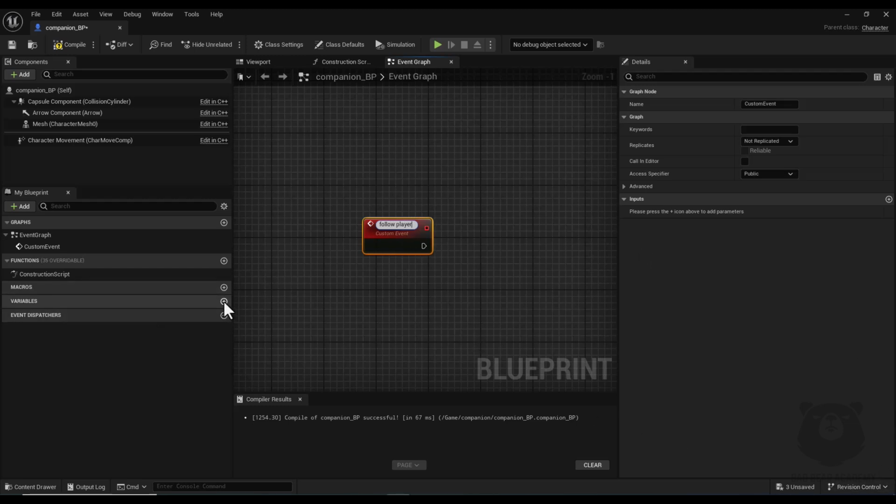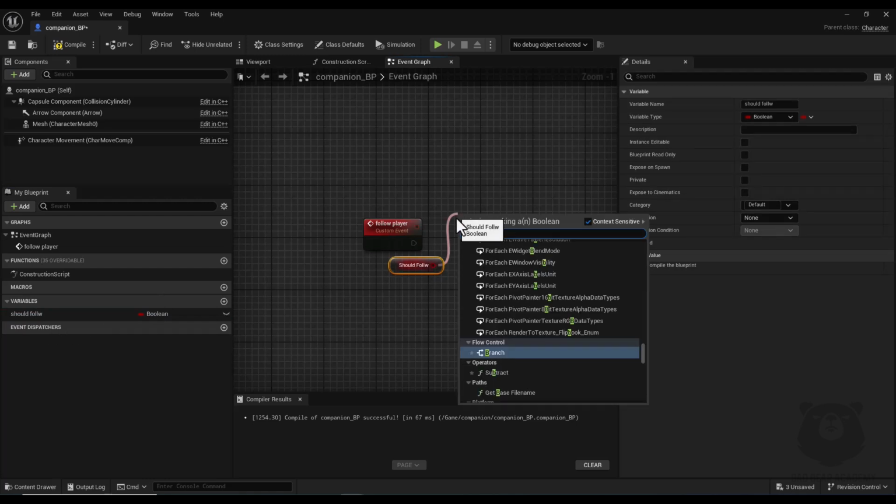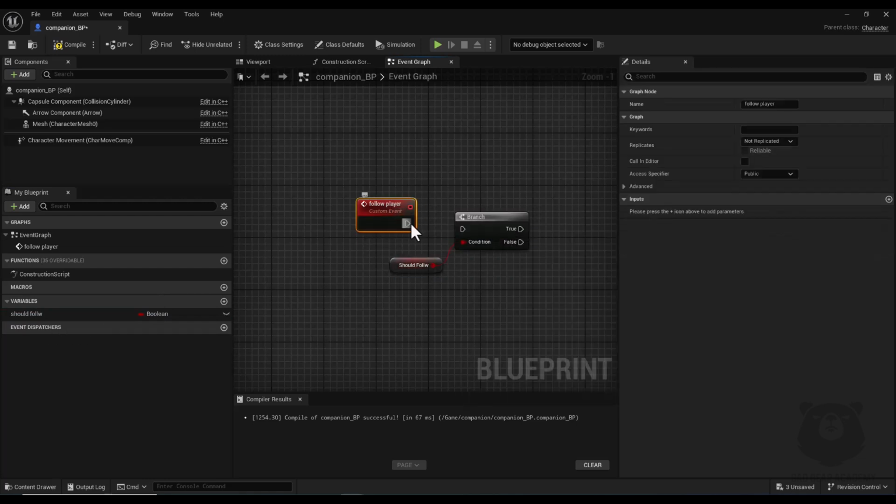Now I create a new variable in type of boolean and I name it should follow because I want this companion to follow my character when it is allowed to. Alright, now I drag and place this variable here, and here I drag a node and add a branch node,